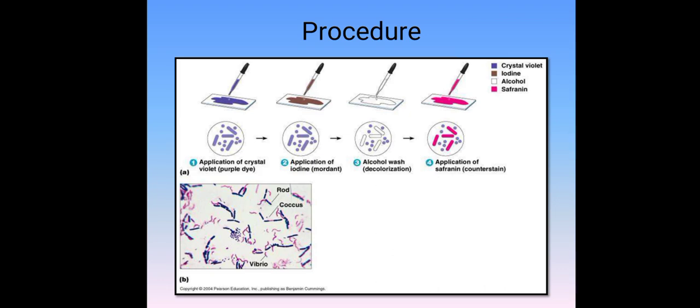In contrast to that, in case of the Gram negative bacteria, as the outer membrane is a lipid bilayer and there is a lesser amount of peptidoglycan, whenever we apply the 95% ethanol, pores get formed within the bacterial cell walls of Gram negative bacteria, and through these larger pores there is the removal of the complex formed between the mordant and the crystal violet. So due to the removal of these insoluble complexes from the bacterial cell, these Gram negative bacterial cells become colorless,